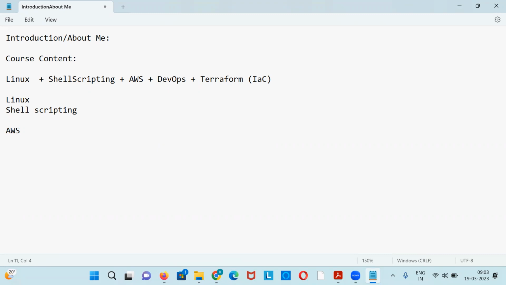Also the integration services, SQS, SNS, CloudWatch, and one monitoring tool you should learn. As part of AWS and DevOps, monitoring tools will be covered: Prometheus, Grafana, Oracle Enterprise Manager, many monitoring tools. That is the AWS we are going to see, and then DevOps.